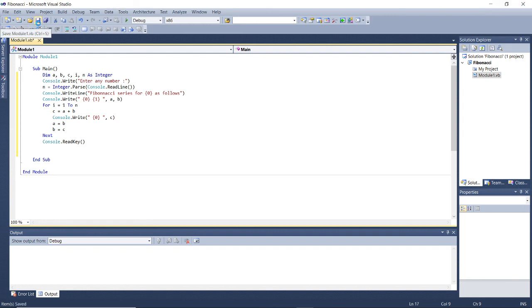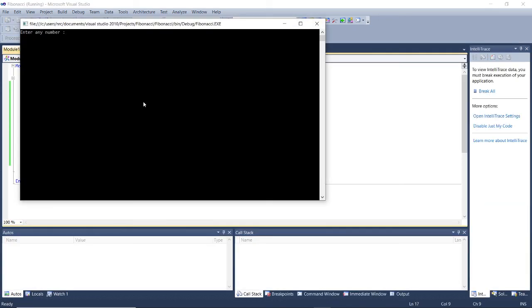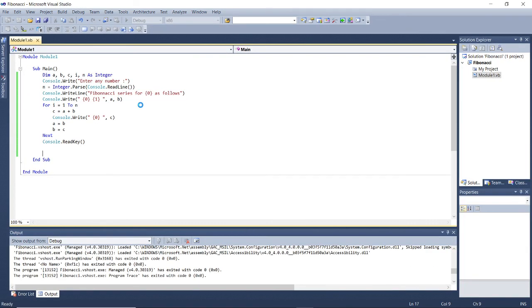I will save this program and run this program. Enter any number, suppose 5. One minute. I think there is some problem. Fibonacci series for 0.